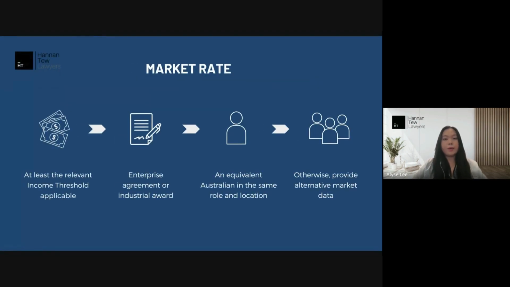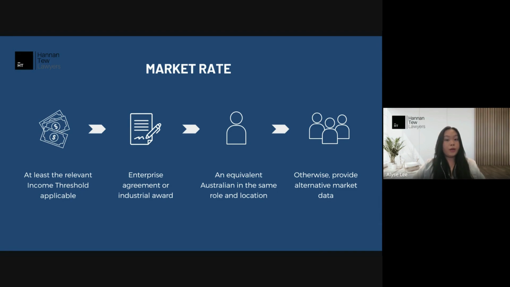Now, the market rates requirement. So this particular requirement is designed to ensure that overseas workers on the 482 visas are paid the market salary rate and that the visa program is not used to undercut the Australian labour market. Earnings for the purpose of the SID visa would include the wages of the applicant. So this refers to base salary in cash that they will receive and any agreed money value of non-monetary benefits. It doesn't include any payments that can't be determined in advance. It won't include reimbursements or superannuation either.